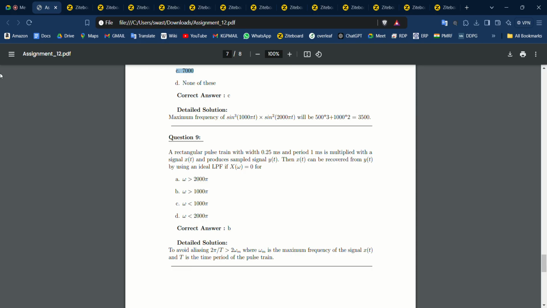Then x(t) can be recovered from y(t) by using an ideal LPF if X(omega) equals 0 for... So basically they are asking what should be the cutoff frequency of the filter for which we can avoid aliasing. Aliasing means when samples overlap on each other. So to avoid that,